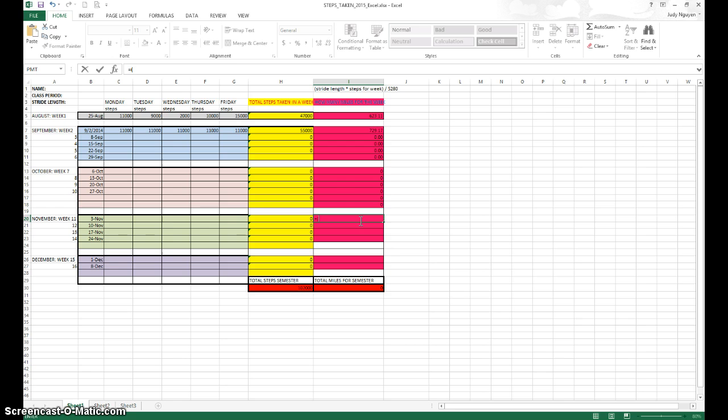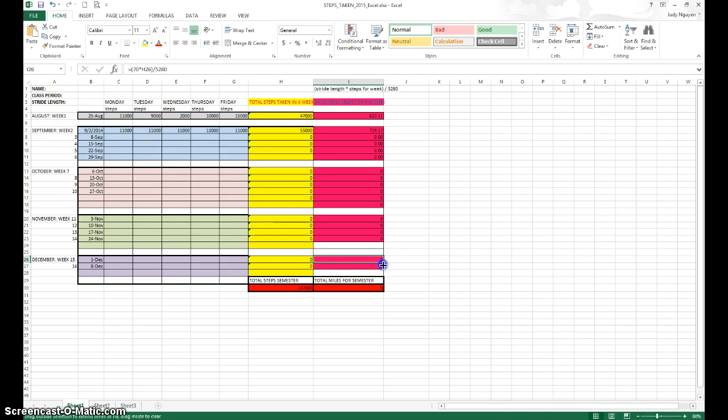Equals, open parentheses, 70 times steps for the week, which is the cell, close parentheses, divide by 5280. Drag again, and last time, equals parentheses 70 times H26, close the parentheses, divided by 5280,